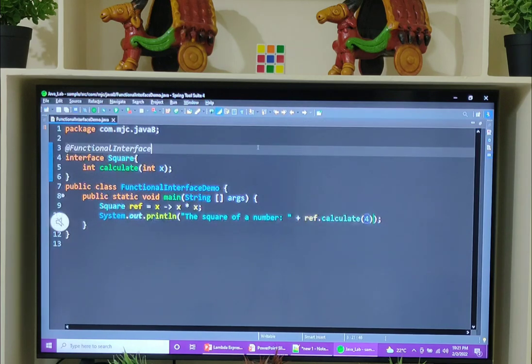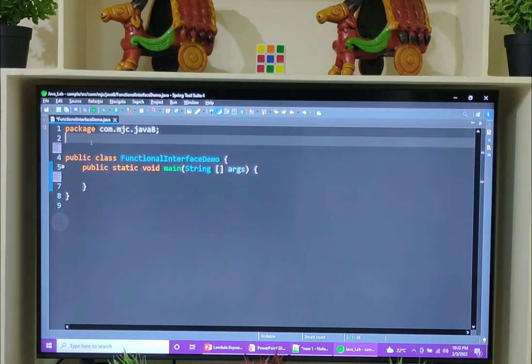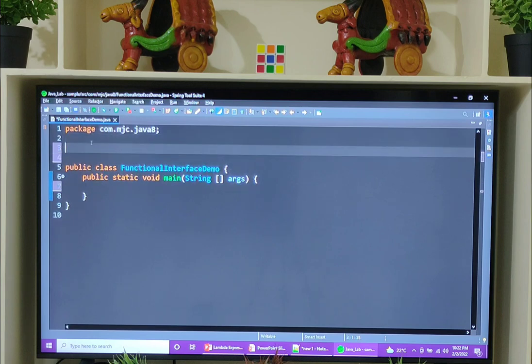Next, write one more example in order to demonstrate the functional interface and lambda expression. Now, in this example, I need to find out the pi value. So for this, I need to write interface MyInterface.